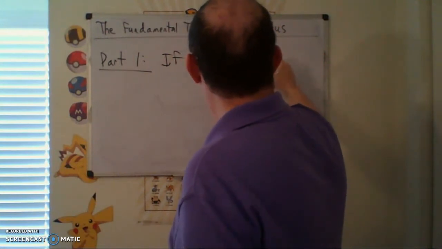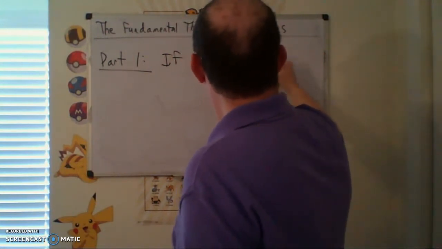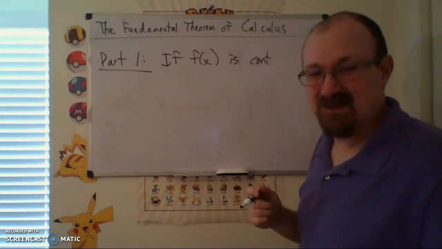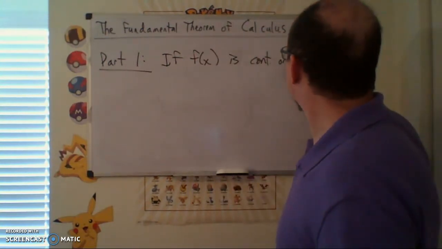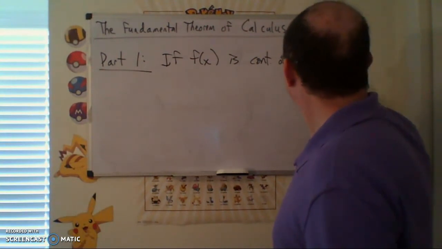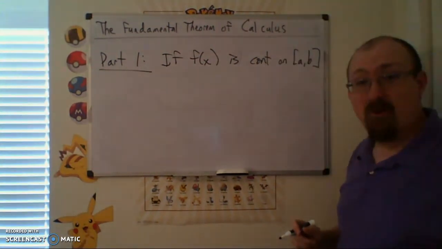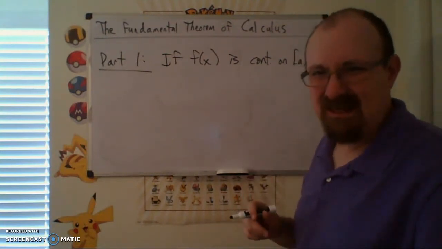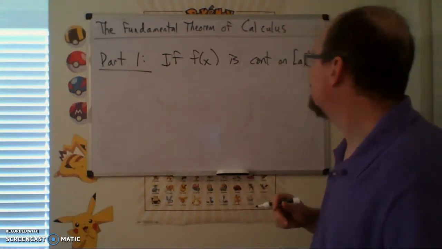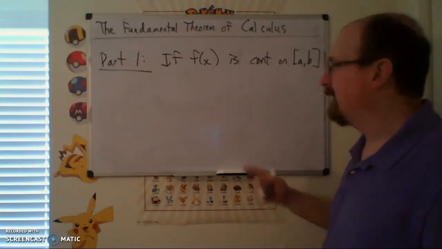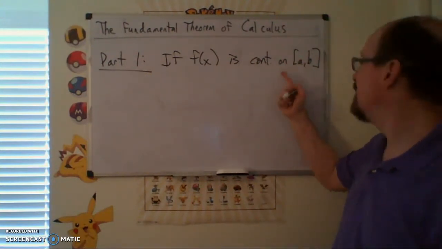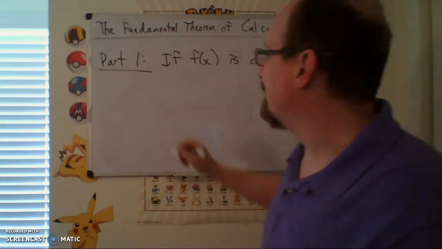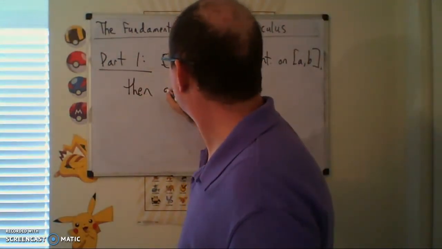So as it turns out, we don't really need to know a lot. You may be worried about that whole hypothesis conclusion thing. Don't stress too heavily about it here. So if we happen to know that the integrand, so I guess I should say, I could write that as f of t, but hopefully you get the idea. Changing the variable there is not that big a deal. But if we have a function and we know it's continuous from a to b, so then that function g of x that we've defined